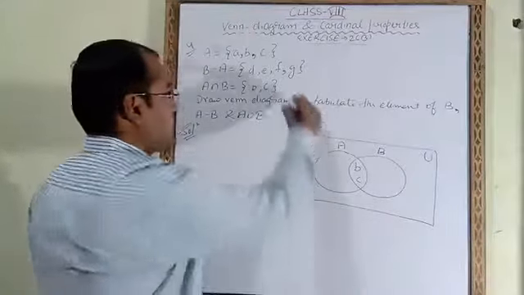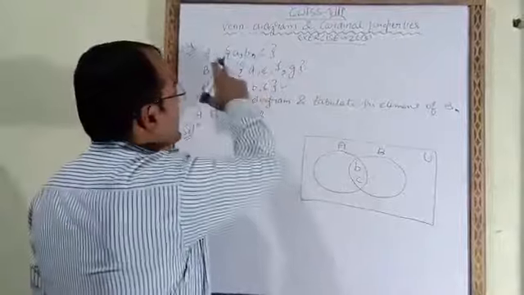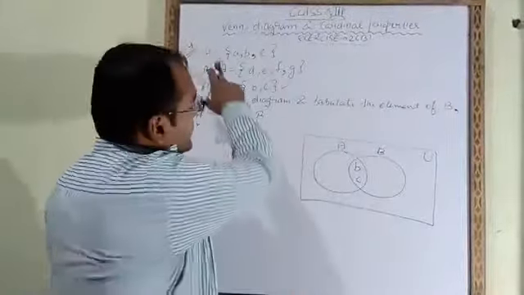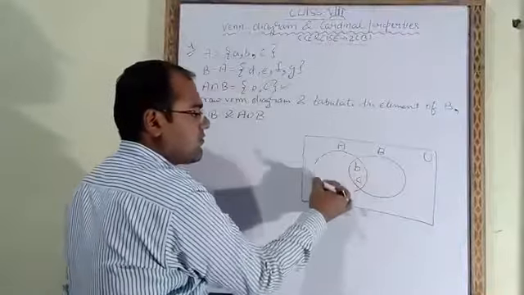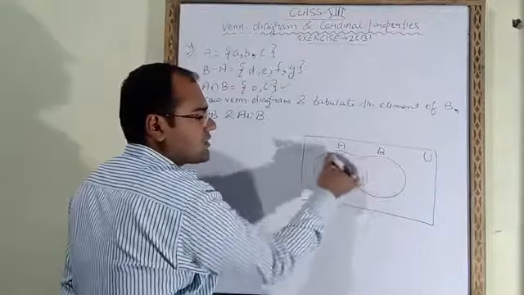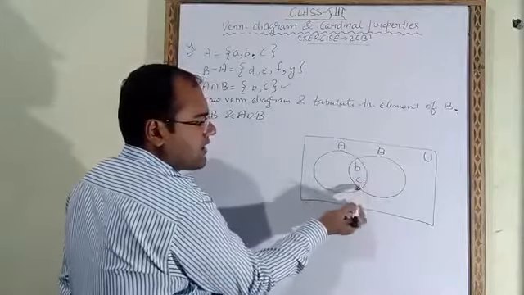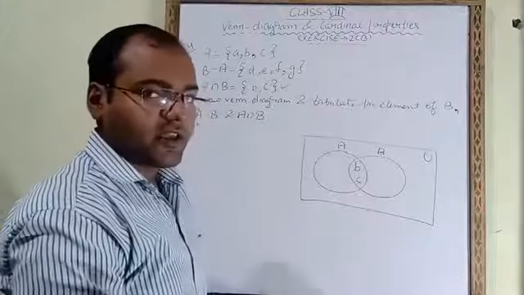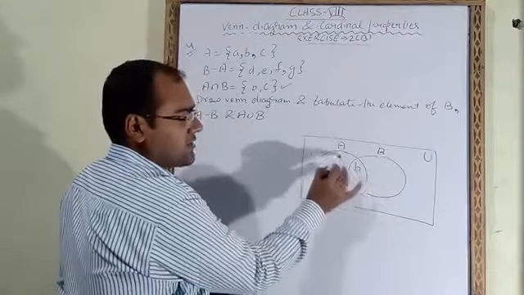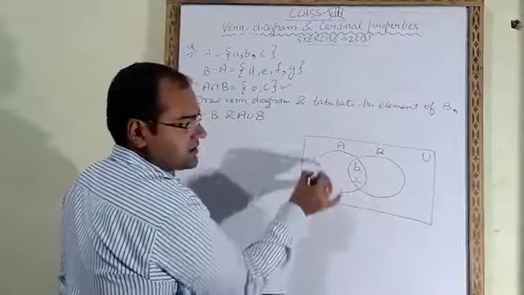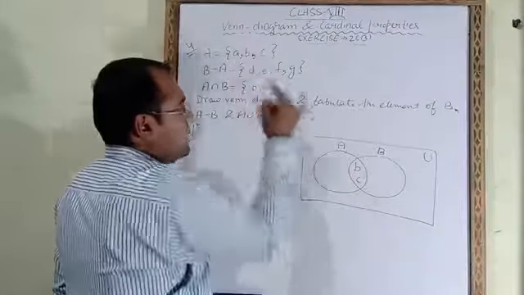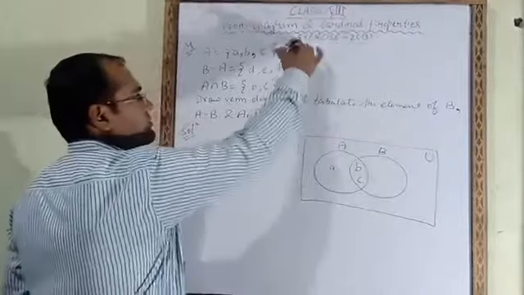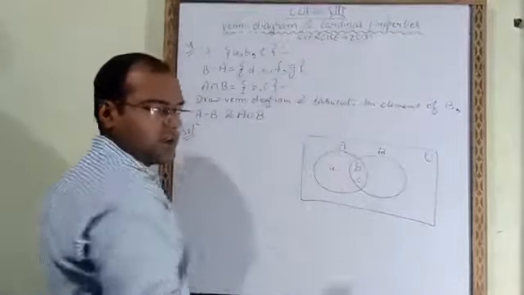Now what is the next step? This one we had already filled here. Now A elements are given: A, B and C. This is the circle of A. That means in this full circle you have to write A, B and C. But we will observe that B and C are already written in A. These B and C elements are coming in the A circle only. So what element is remaining? A element is remaining. So we will fill element A here. So this one is also over, A, B, C we have taken.